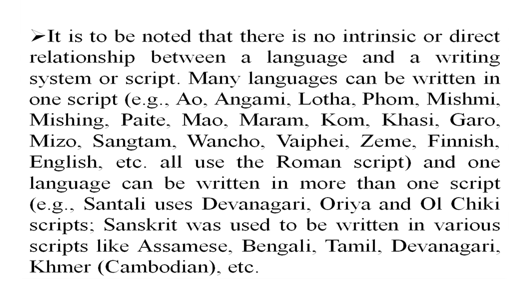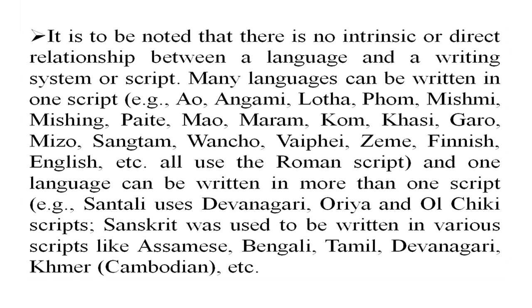Now, Sanskrit is a very old and classical language that used to be written in various scripts. In Bengal, something was written in the Sanskrit language. The spoken form would be that of spoken Sanskrit, but when they wrote it, it was written in Assamese script, Bengali script, Tamil script in Tamil Nadu, Devanagari in many states, and it was even written in Khmer, the language of Cambodia, and many other scripts, including Arabic in our neighboring countries. So, it is not necessary that one language will have only one script or writing system, as I gave you examples.